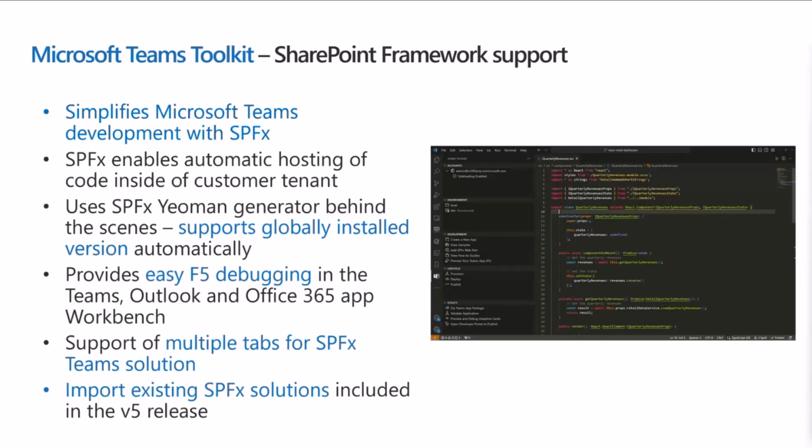So a scenario where you have already implemented something, for example, as a SharePoint web part, and of course a SharePoint web part works as such in Microsoft Teams as a Teams tab, but you want to take advantage of the Microsoft Teams Toolkit. So what would be the steps of walking through migrating the existing SharePoint Framework solution to work together with Microsoft Teams Toolkit, which, by the way, still means that it's a SharePoint Framework solution. So you can use Yeoman generator as is, you can use all of the SharePoint Framework scenarios as is, but you get the Teams Toolkit functionalities and a shell on top of the SharePoint Framework solution. That's what this is all about.